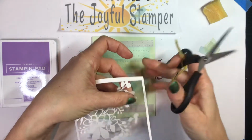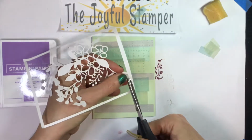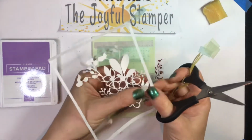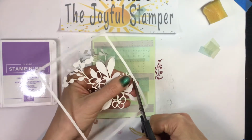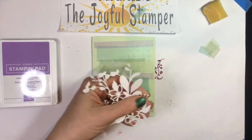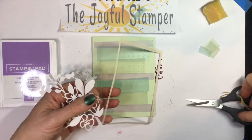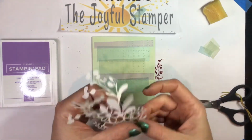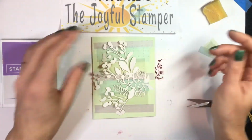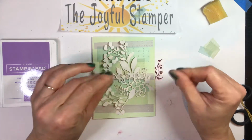There's a really nice bird cut apart image in this Shimmer detailed laser cut pack that I also think would look pretty with this card, and I think I might give it a try. Now you can save this frame if you want for some other project, or you can just get rid of it. So now I have this beautiful delicate piece, and what I'm going to do is apply